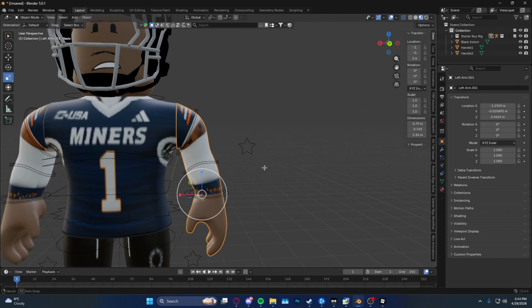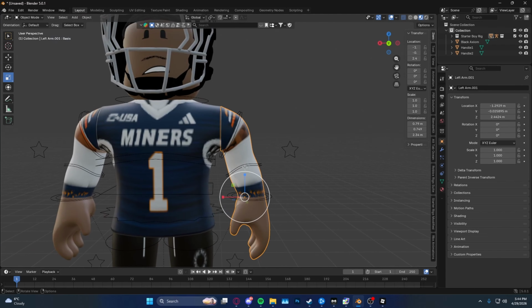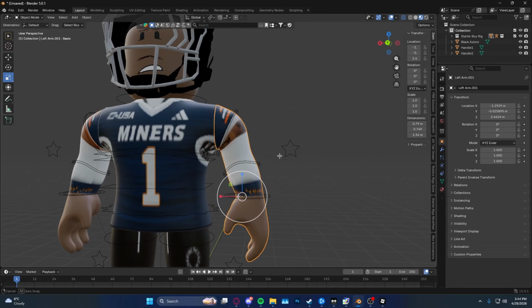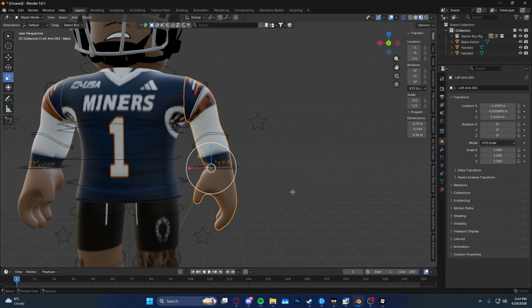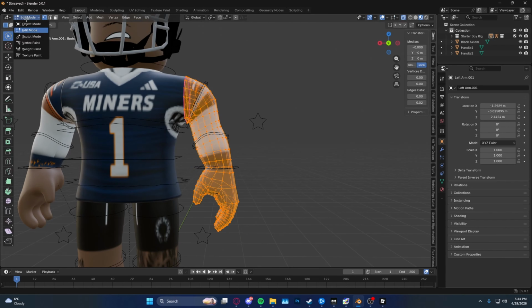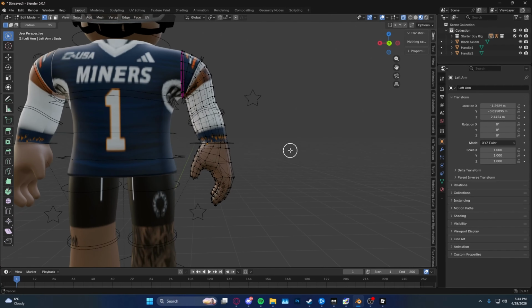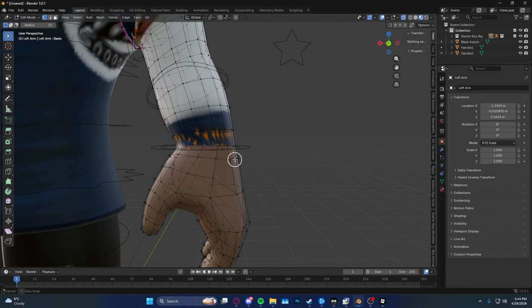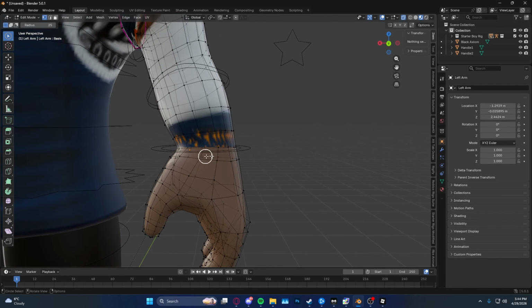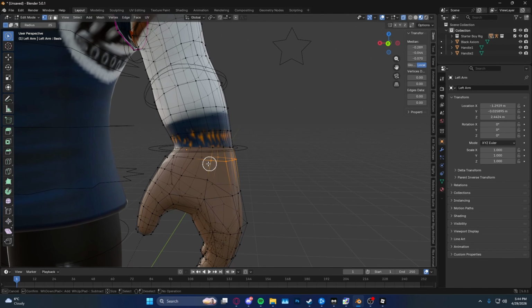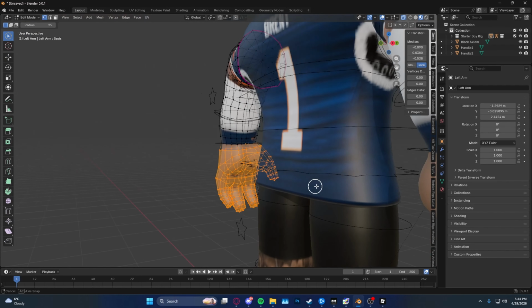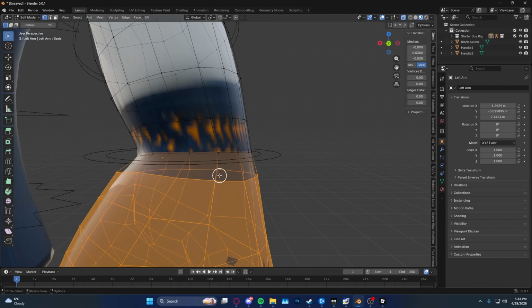This is gonna be your actual clothing on top of the one you have. Next, you're gonna want to go over here to edit mode, or simply press Tab, which quickly shifts over to it. Then you'll see these little grids. You're going to want to delete the ones that have the skin on it. Once you have that, do a quick 360 rotate, making sure that where this fades doesn't go into the actual clothing.